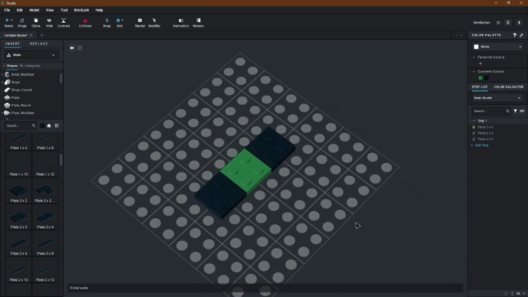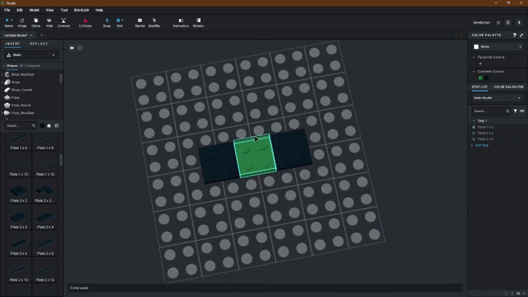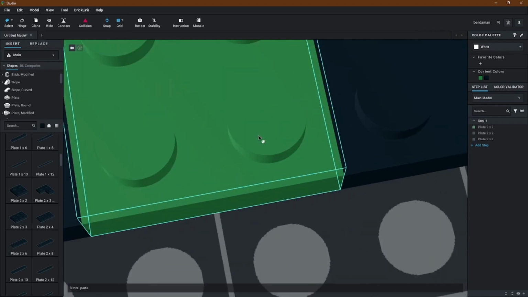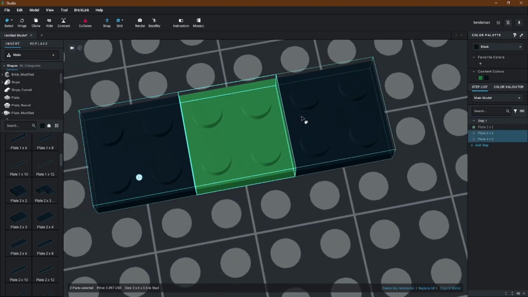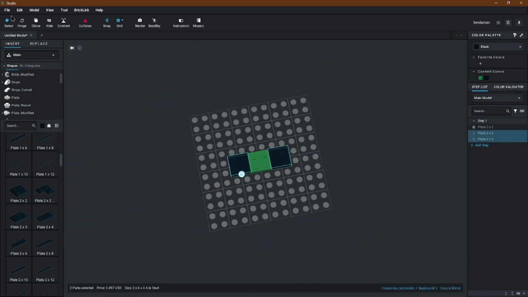There's actually different kinds of selects. I've just been using the default select this whole time, but you can go up to this area and you can click select. You have default select, by color, by type and color, and by connected. If you click by color, it'll select every single piece in this entire file by its color. So it'll do both of these.